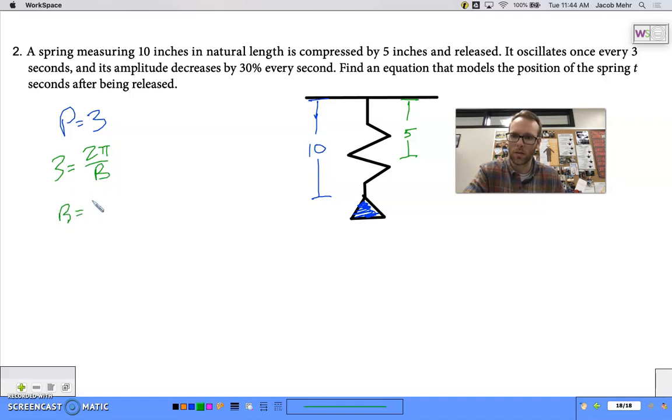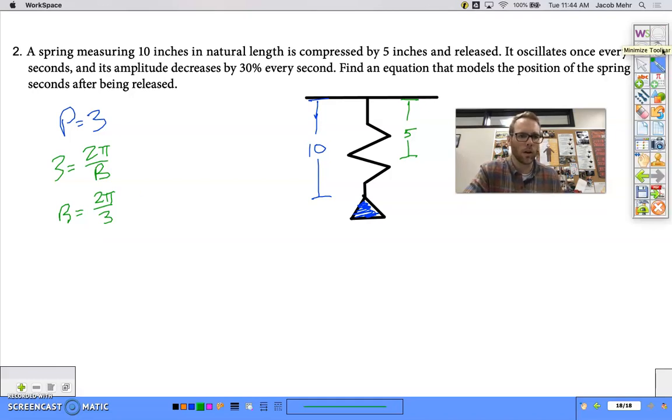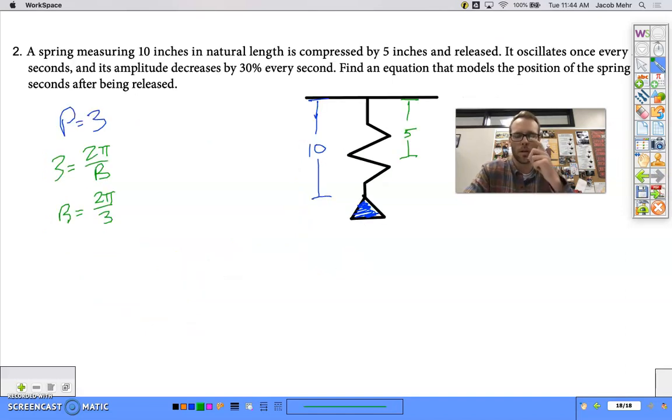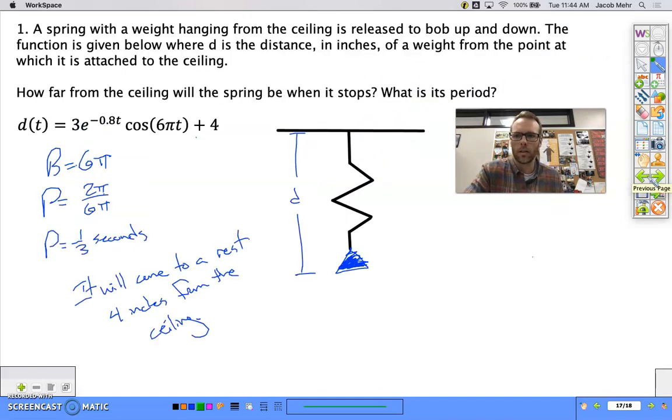So B equals 2 pi over 3. Okay, 2/3 of pi. Let's see here. What else are we going to use? Do we want to use our cosine function like before? I think we do. But how about that exponential decay function that goes in front? If this is going to measure the distance, its position, distance from the ceiling, I think,